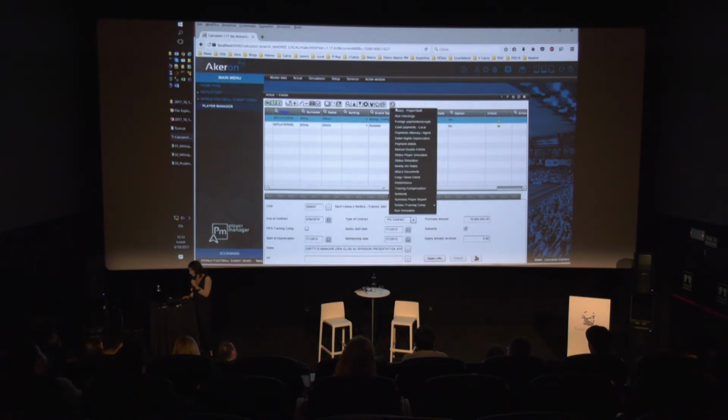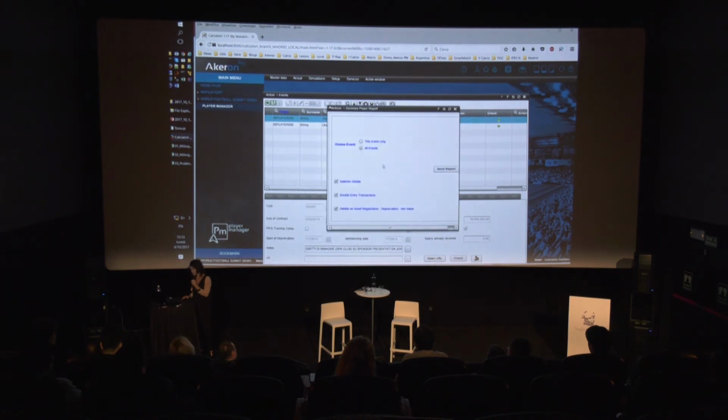And you can ask the program to send you the summary player report. So you can choose maybe that you want to see just one event or all the events regarding the same player. You may be interested in salaries, or maybe just in the double entry to check with the accountancy system if everything is going as you forecast, or all the details and right of depreciation. You just click send the report,